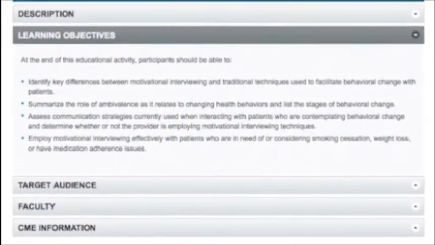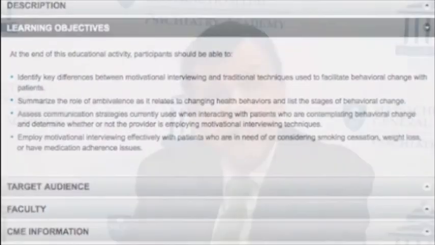The second activity, tobacco cessation and medical adherence, consists of clinical role plays demonstrating the motivational interviewing techniques applied in practice. It has both traditional interviewing techniques and the new motivational interviewing techniques, so you can contrast between the two. This activity is best used to help build or develop knowledge on motivational interviewing. Participants can claim credits for the activities individually for 0.5 AMA PRA Category 1 credits, or together for a total of 1 AMA PRA Category 1 credit.